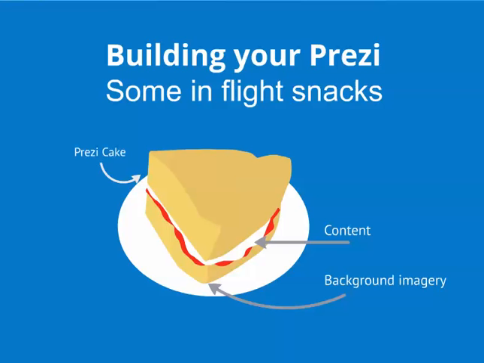Okay, the very final thing you should then add would be your frames and your paths. So once all of your content is in the right place, go through the presentation and add your frames and add your path points. And the benefit of doing that is that you're not then concentrating solely on the content, you're focusing more on the flow of the presentation and what your audience is going to see, and of course the order in which they're going to see it.